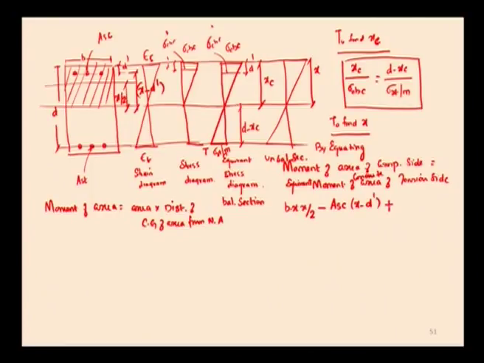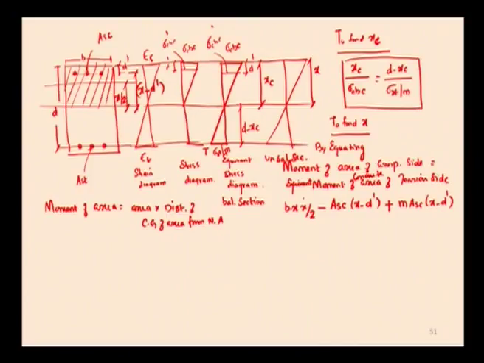Then we add equivalent concrete area on the compressive steel, that is m into ASC into x minus d dash. This is the equivalent concrete area, this is the area of compression steel, total concrete area. Then we deduct the moment of area of the compressive steel, then we provide equivalent concrete area of the compressive